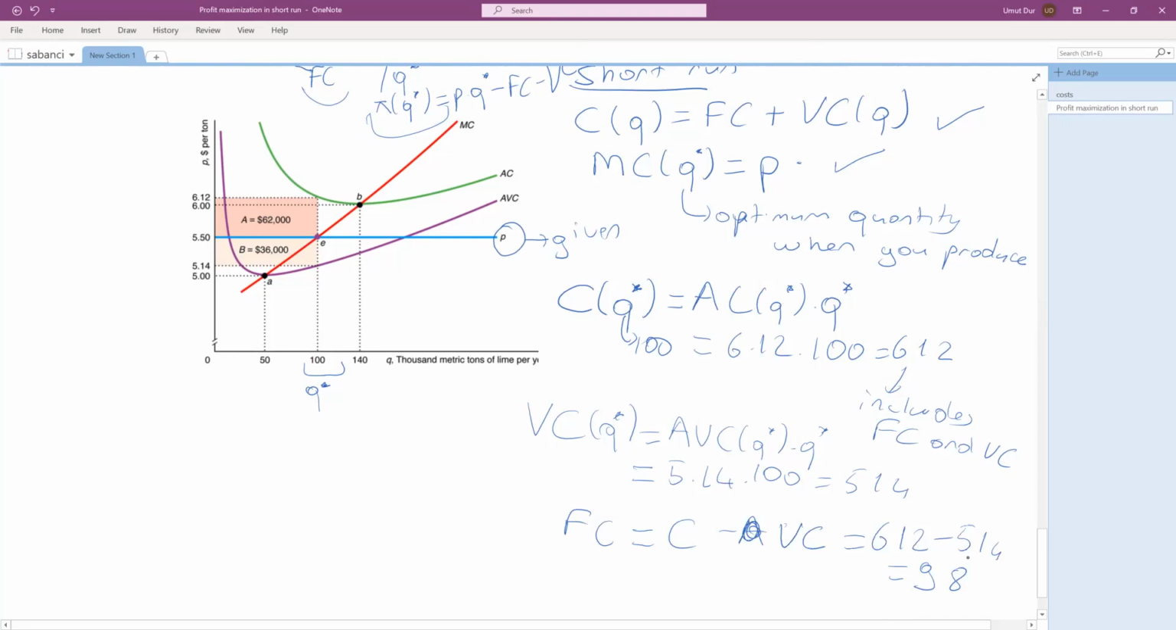So this is my fixed cost. Then what is my profit? Okay, so when I choose to produce 100, my profit is Q star times P minus cost of Q star. So Q star is 100. The price that I am charging is 5.5, minus, I have already found the cost, which is 612. Then my profit here is minus